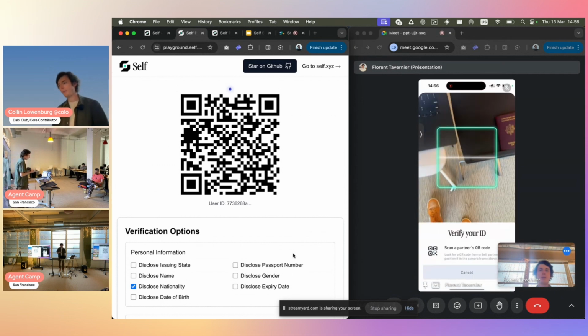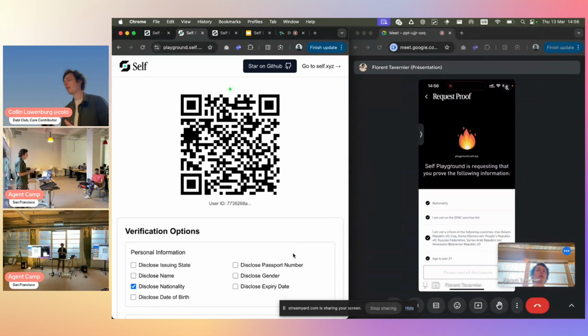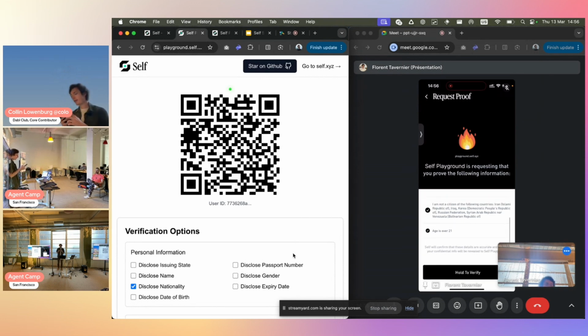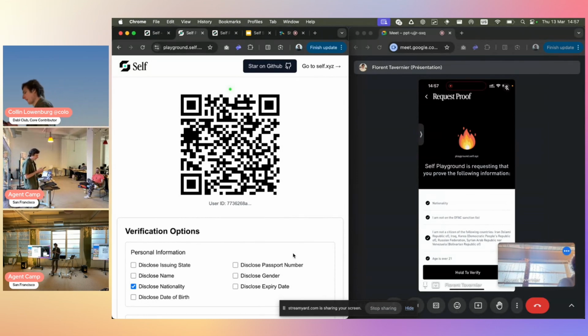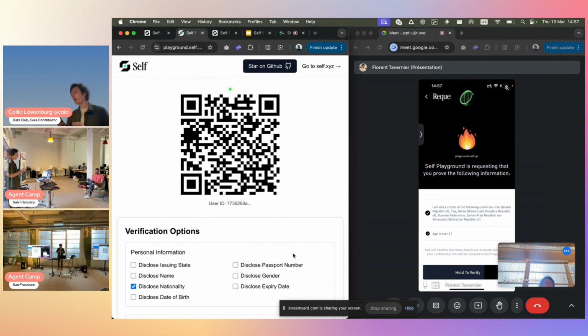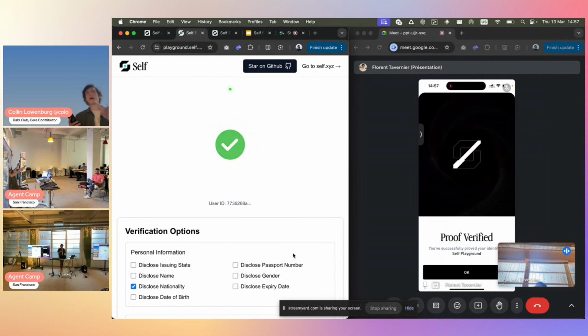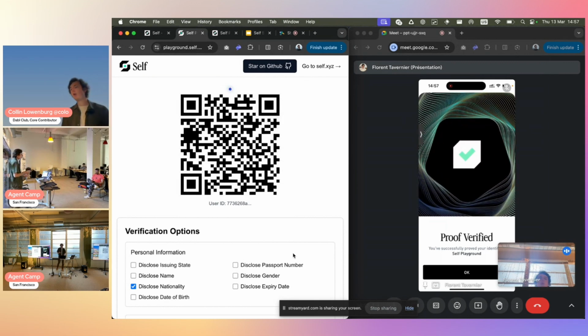So here I'm gonna open the app and scan a QR code. This is after I scanned my passport already, right? And now I see all the things that I'm gonna disclose. Nationality, I'm not on the OFAC sanctions list, age is over 21. And then when I hold to verify, it's gonna generate a zero knowledge proof specifically over my passport data, but while redacting all of the data that is private, so that this is the only thing that I reveal. And then it says proof verified, and it verified it on the playground.